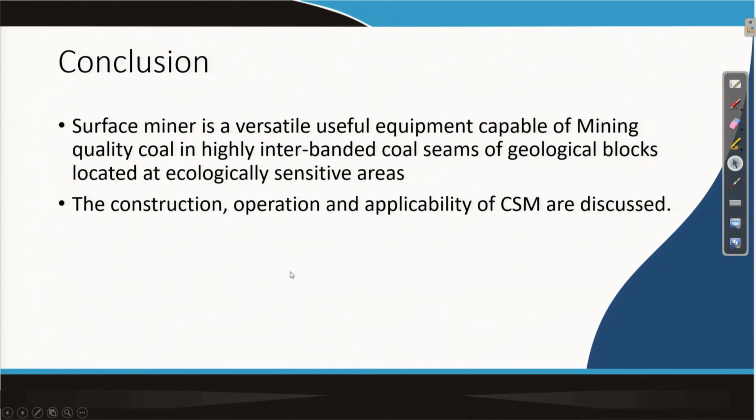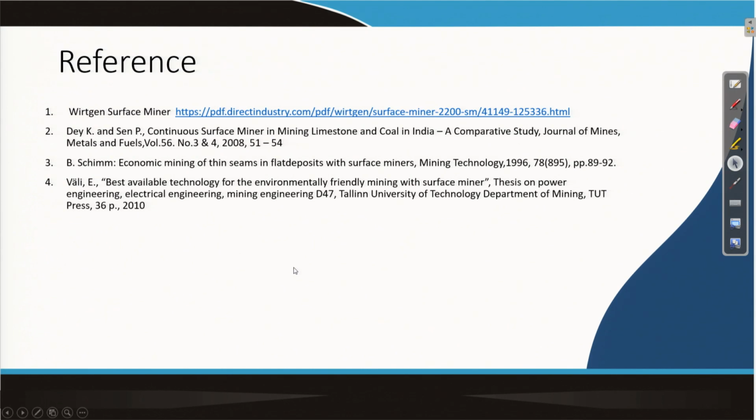So, basically what we have learnt is, we have talked about the construction, and that this is a modular machine, and then its operations. The operator needs the skill of controlling, particularly steering, lifting, and managing exactly how much the bite will be, and he needs to observe how the teeth are getting worn out.